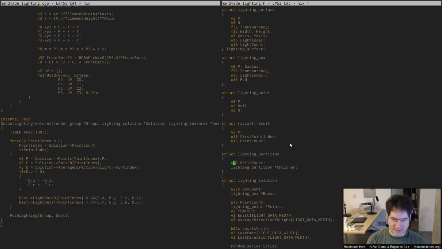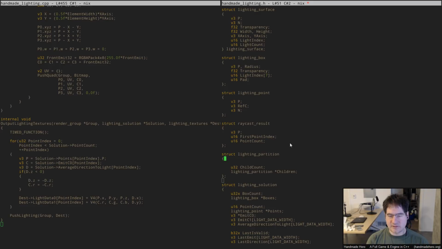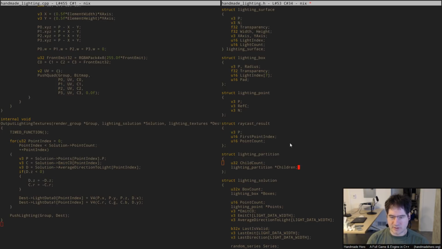And each of those would have children as well, right? So you would have something like this. Each one of these would probably have a lighting box in it that had the information it was using. Only in this case, this is probably going to be some kind of a union, because we would have two different situations. One would be where we have children that we're using for lighting, and the other where we have just an actual lighting box at the end. And so we'd probably have something more like